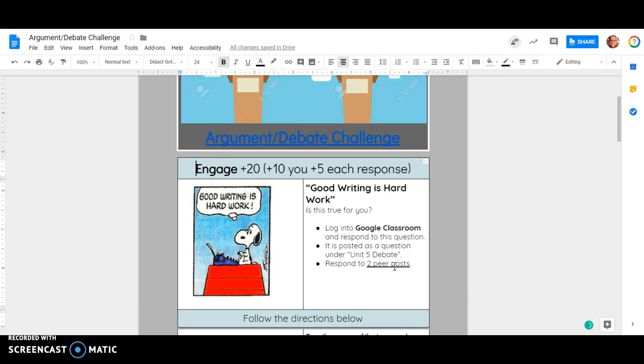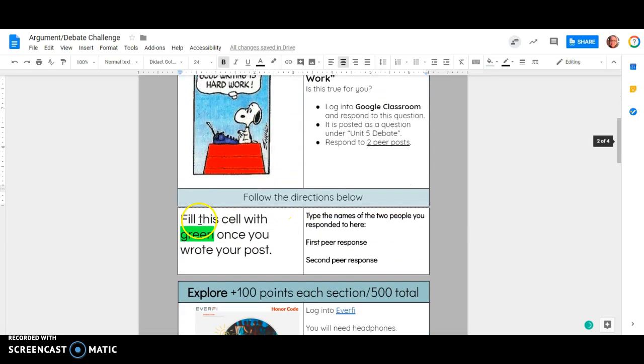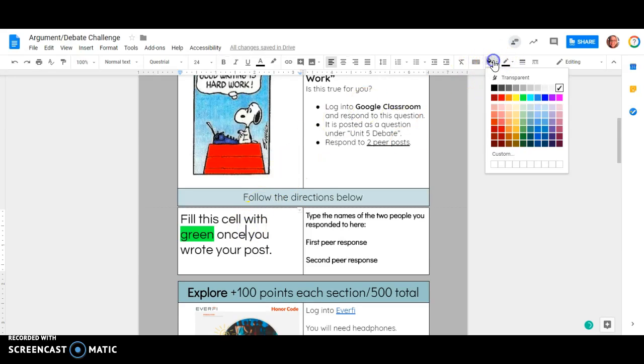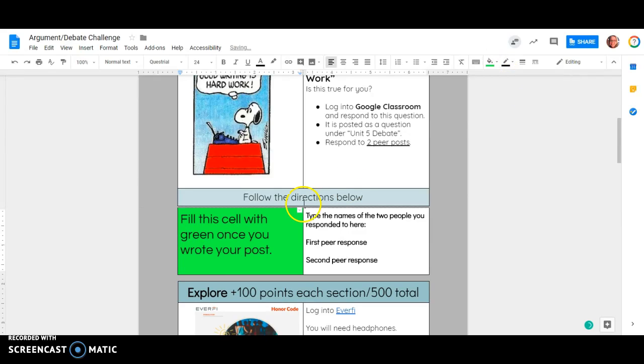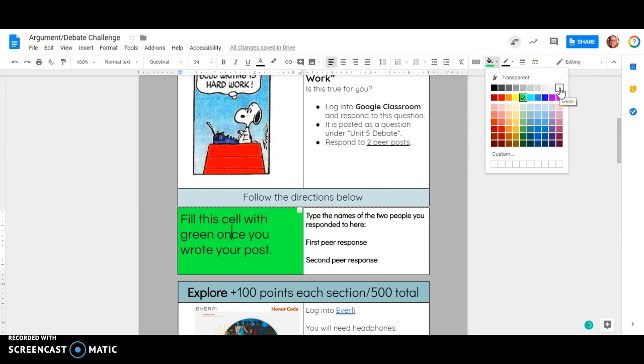Please remember that you need to be RACE-ing your response, so restate, answer, cite, and explain. You'll be using evidence from your own life to explain your answer to this prompt. Once you're done, you're going to fill this cell in green to show that you wrote your post. In order to fill a cell in green, I'm going to come up here where it says background color. I'm going to put my cursor there, come up here, and click on green. Once again, to fill a cell green, I move my cursor there, come up to the paint can,